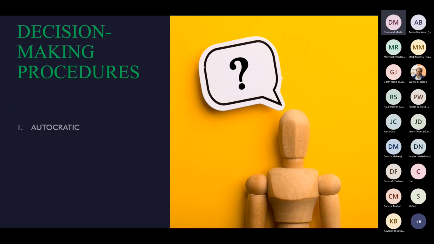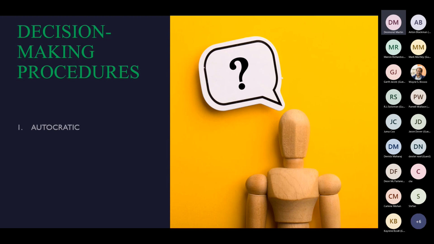Decision-making procedures. Gary Hewlett, 1989, identifies a continuum of four possible decision-making procedures. They range in the amount of influence others have on the decisions, from no influence, in which an autocratic decision is made, to high influence of others in the process, in which complete delegation has occurred. These four possible decision-making procedures are